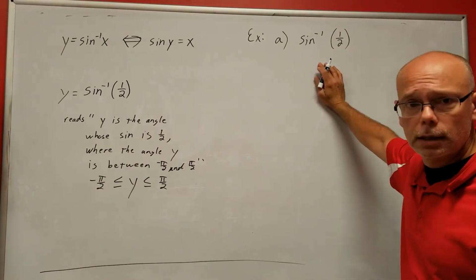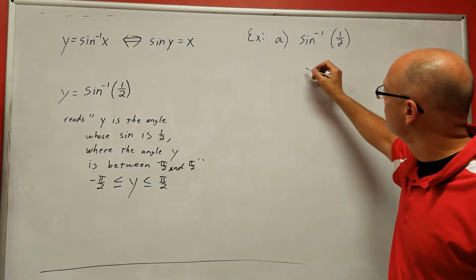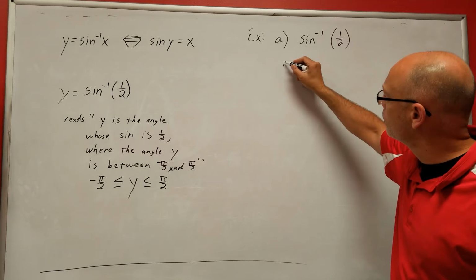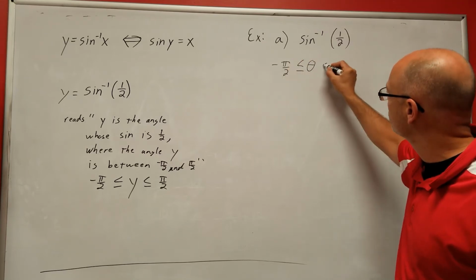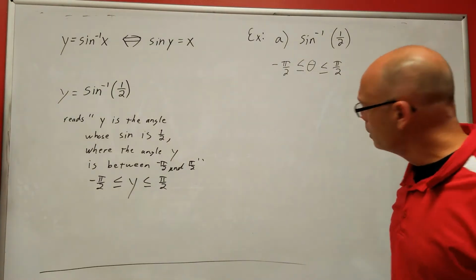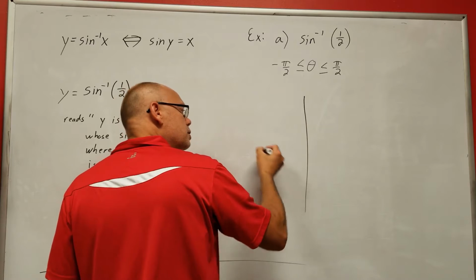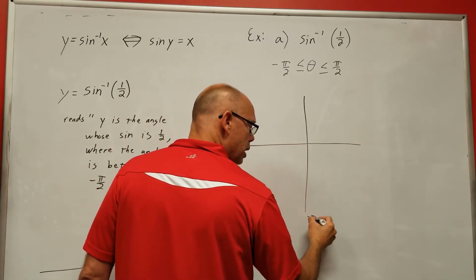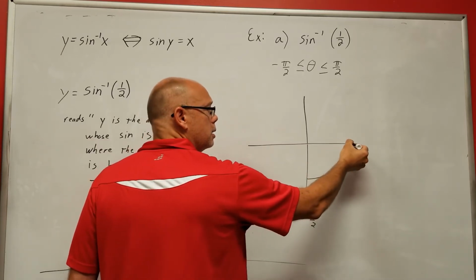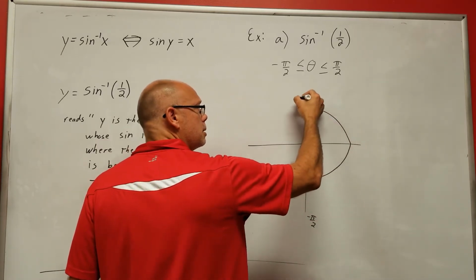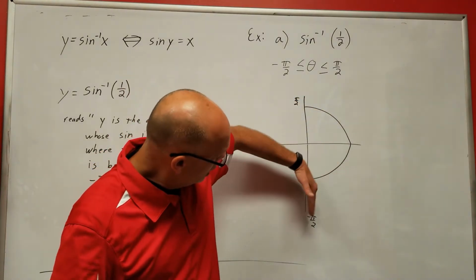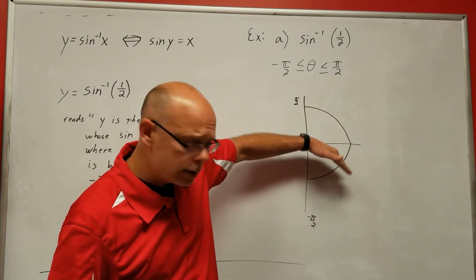Think about that for a second. I'm looking for some angle, we could call it theta or y or whatever we want to call it, that falls between negative pi over 2 and pi over 2, whose sine is 1/2. So if I think about the unit circle, here's what I'm looking at. This is negative pi over 2 right here. If I go from here to here, that's like positive pi over 2. So where do I have an angle that is between negative pi over 2 and positive pi over 2,